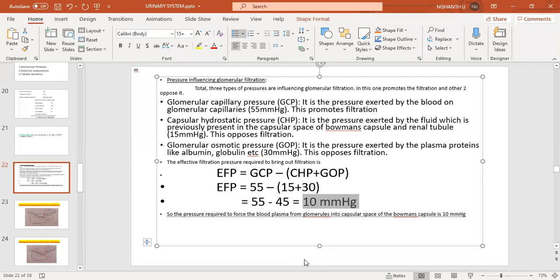Then how will it be regulated? That means constant fluctuation is there, but it should be maintained at 10 mmHg, isn't it? So how can it be maintained? It will be maintained by so many factors. We have to discuss those factors which will maintain this 10 mmHg. N number of factors are there. Hormones are there. Kidney itself will control this 10 mmHg. So many things are there. One by one, we will discuss this concept.